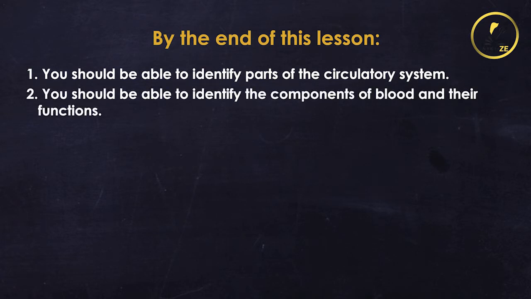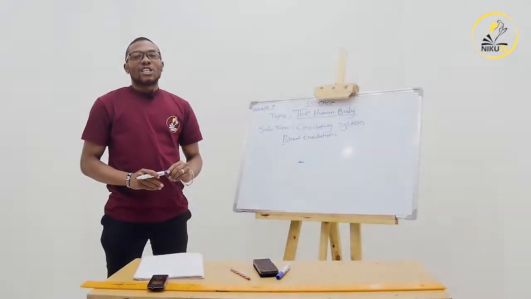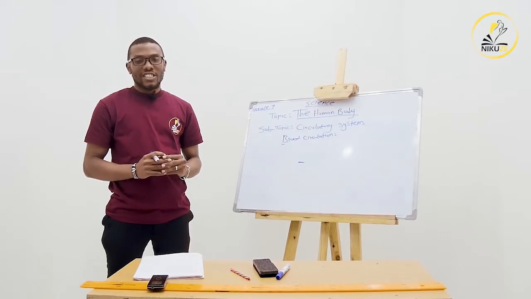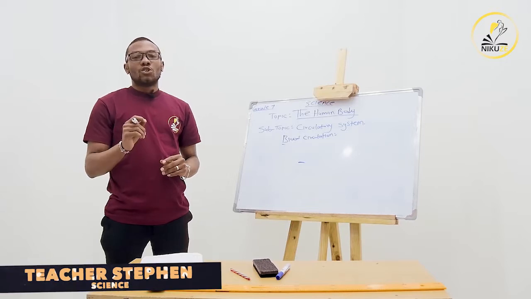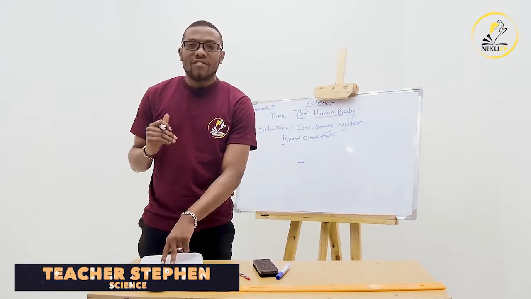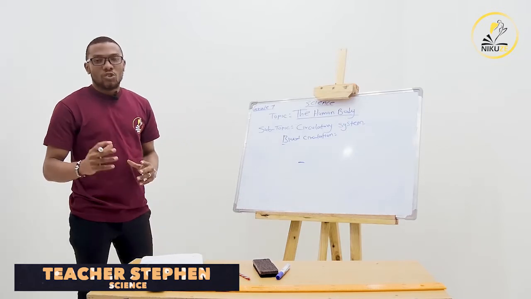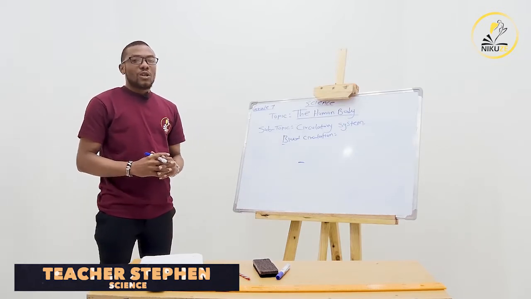Number two, you should be able to identify the components of blood and their functions. Remember, let me just take you back. In class 5, you did the human body and you looked at the breathing system and the digestive system. In class 6, you also did the human body and you looked at the male and female reproductive system. In class 7 now, we are going to take it to another level, and today we are going to look